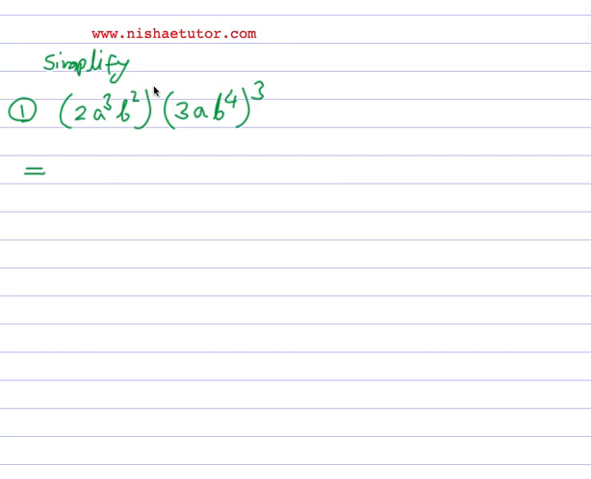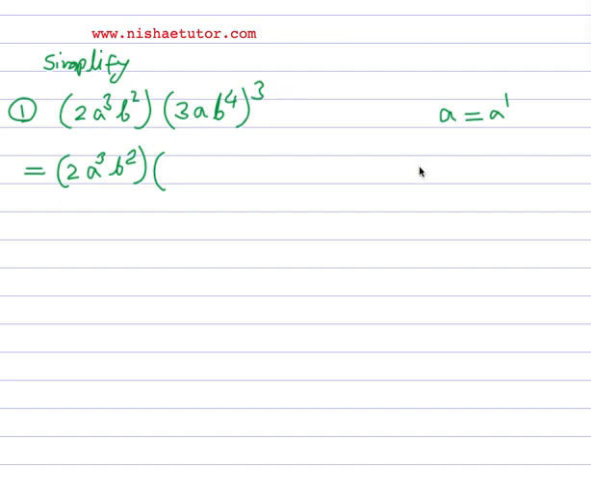So here, power 1, because we can imagine a means a to the power 1. So here power 1, so we can write as it is: 2a to the power 3b square, and here this bracket to the power 3, so each member to the power